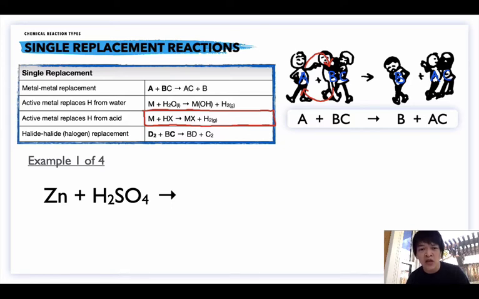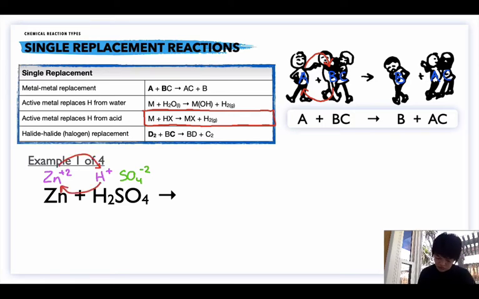And you should know that acid is anything that begins with an H followed by some sort of ion. It's a good idea to write down all of the ions in a replacement reaction so that we know what is replacing what. So I'm going to go ahead and write those down now. This is where it's important to know the charges of all ions. So there are the ions, and remember, in a single replacement reaction, there's just a swapping going on. So I'm just going to swap the positive ion. All right, so this should be generally what the products look like, but I'm going to write the actual answer